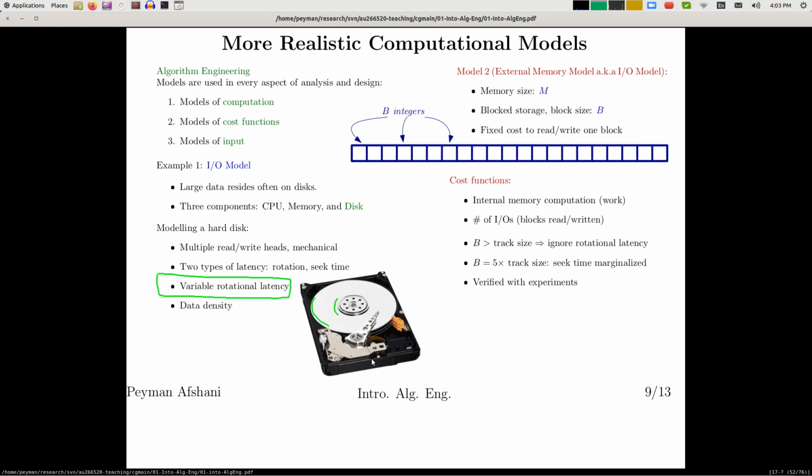But we're ignoring that, and you can minimize the impact of this phenomenon by storing the data only at the edges of the disk. If you do that, then you can ignore this behavior as well. In the next video, I'm going to show you how we can use this simple model to analyze